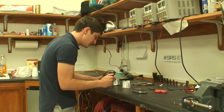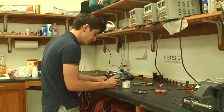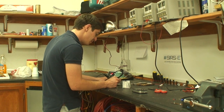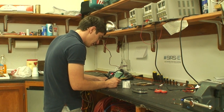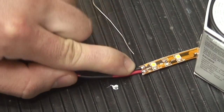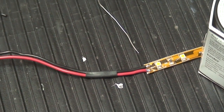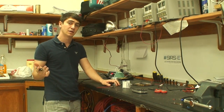So you repeat the process for both of them, and you've got to make sure your polarity is correct. You've got your positive with your red, and your negative with your black. So you repeat the process, and then you hold them in place until it cools off, and now you've got them on solid. So now I'm going to show you the next part,